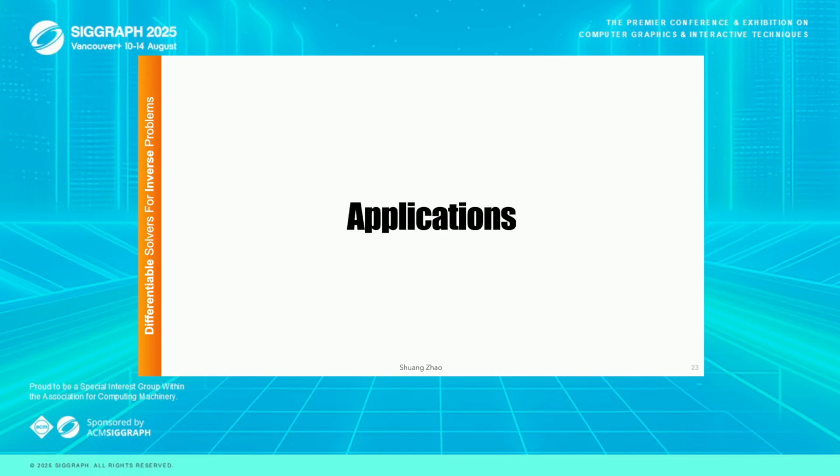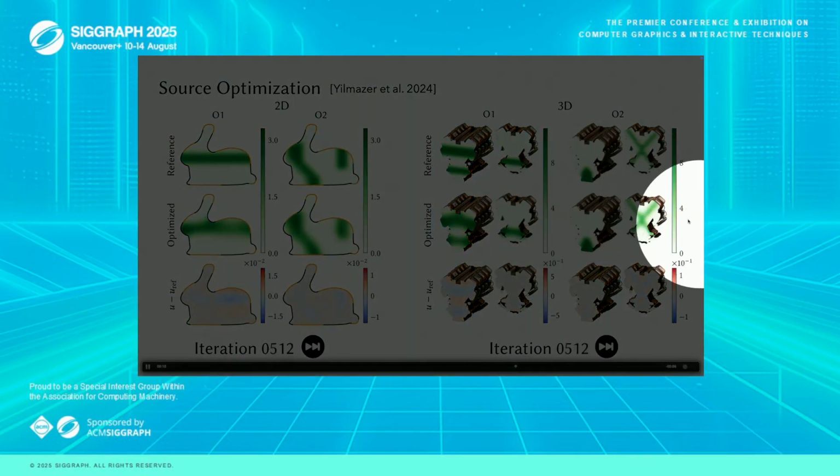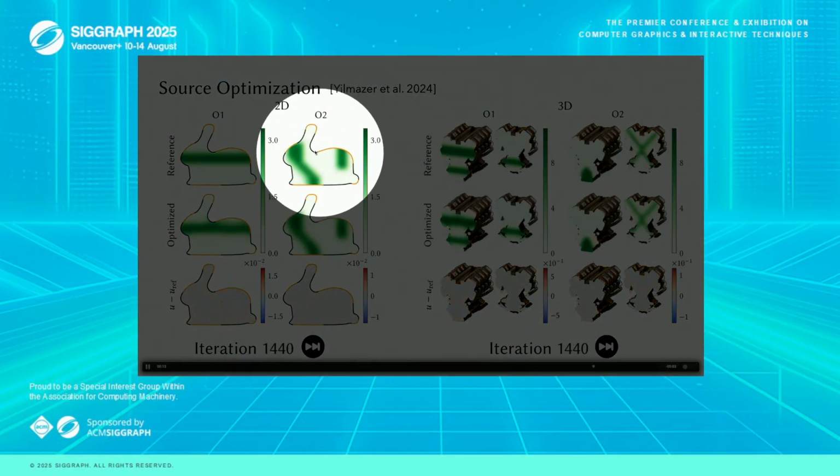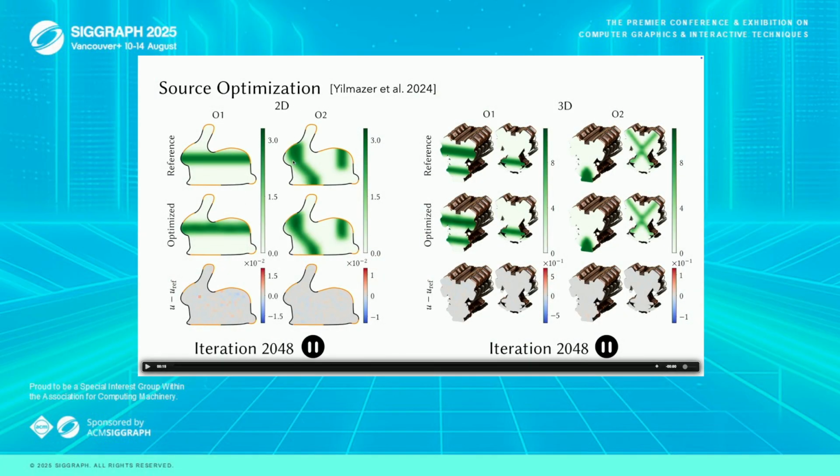Okay. So now I'm just going to very quickly show a few inverse examples. So here, this is an example from the work by Ioannis et al. As we can see that, using automatic differentiation and the efficient estimator, we can match the reference solution. In this case, we are optimizing the source function. Right? Starting from pretty much a constant initialization, we can match the source quite easily using estimated